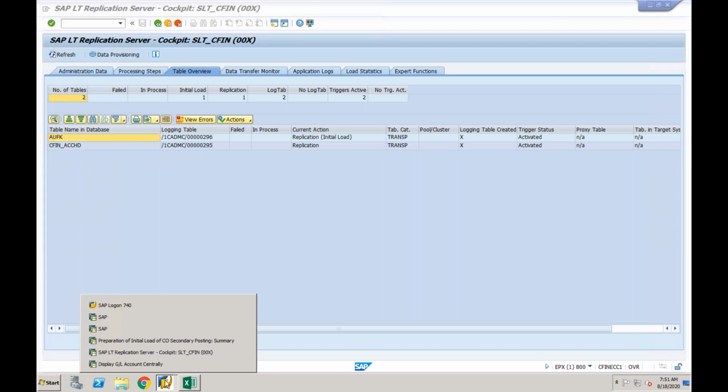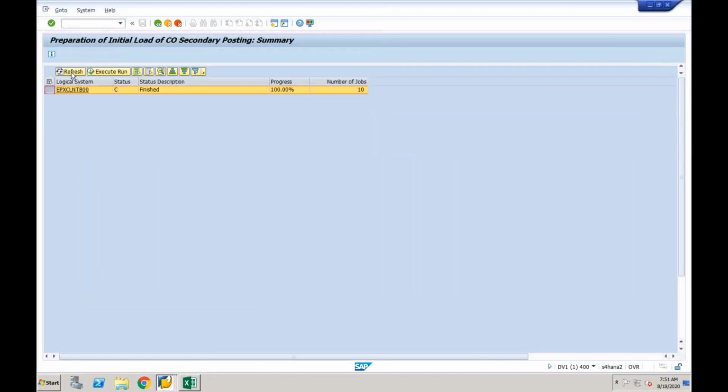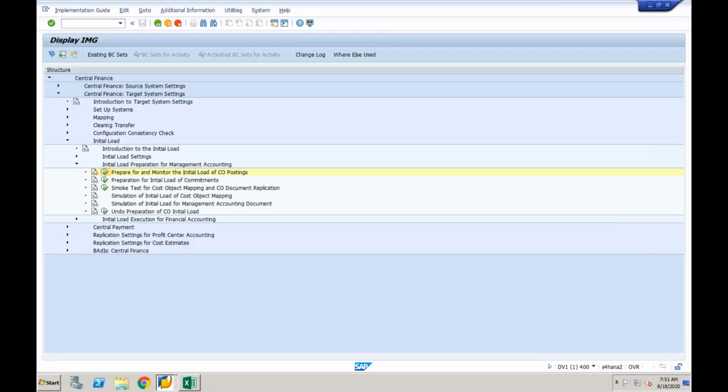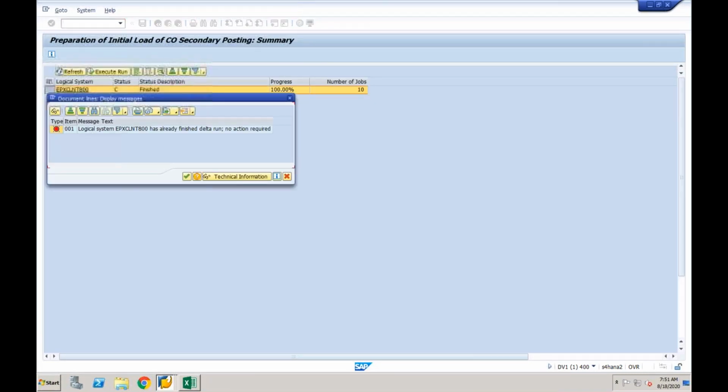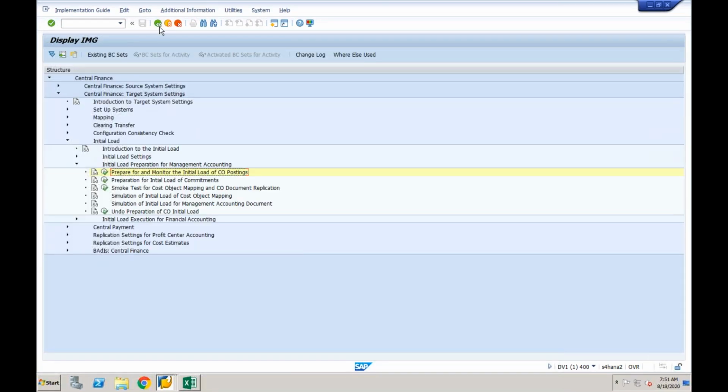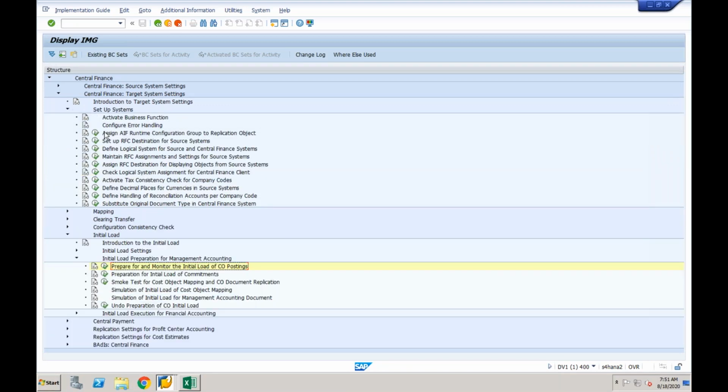So I'm just trying to see if this activity has refreshed this program or not. It's still showing the same. No, something is wrong. Let me do one thing. If I go to my setup of the systems, and